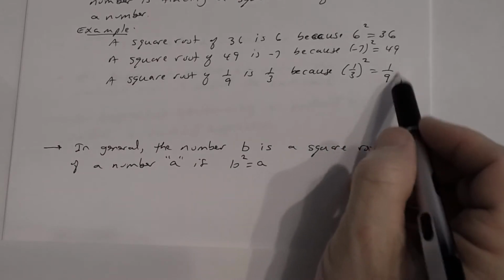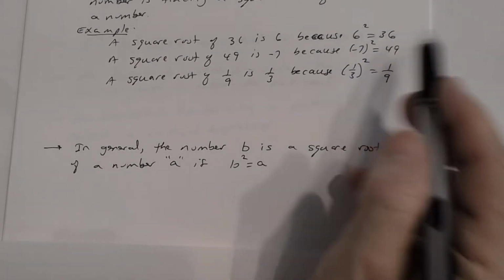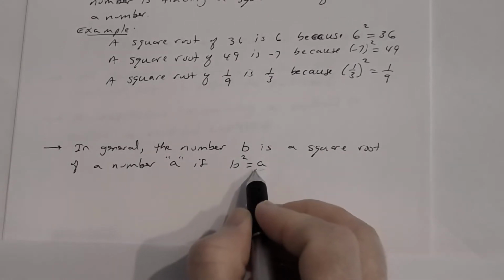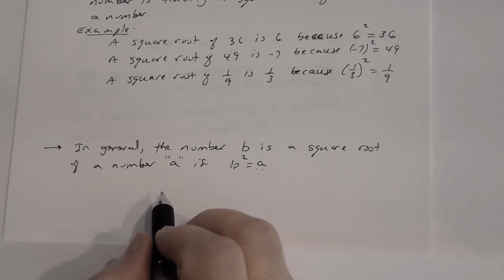Okay, so just like this, the square root of 1/9 is 1/3. The square root of 49 is negative 7. The square root of 36 is 6. So the square root of a is b. And that's what that statement says. Okay? All right, now,